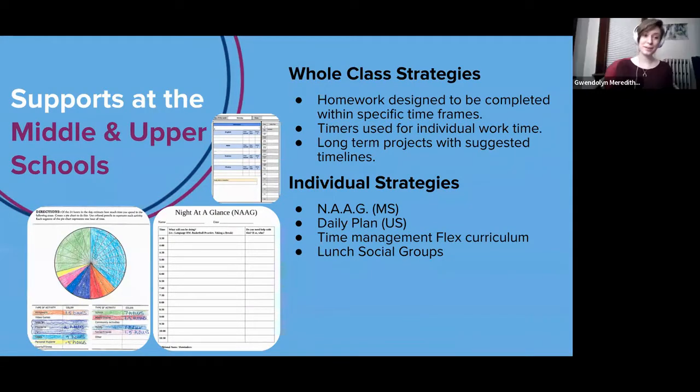We definitely talk about time robbers in the middle school. In the evenings, sometimes students are talking about how they have no time at all, but we like to break it down in the middle school with nights at a glance, where we have our entire evening, you see that rightmost section, laid out, and students have a moment to really look at how much time they have in a day. We also, for some individual students, do a time management curriculum where they have 24 hours and estimate how much time they are doing each activity.